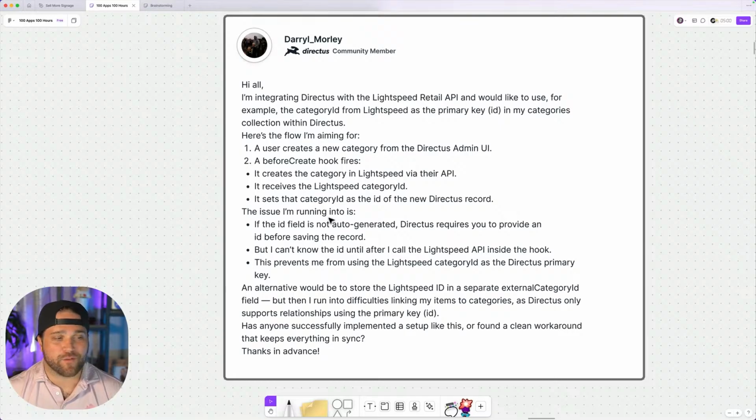One, the first step, a user creates a new category from the Directus admin UI. A before create hook fires. That's not actually what it's called in Directus, but I got you. It creates a category inside Lightspeed via their API. We receive the category ID back from Lightspeed, and it sets that ID as the primary key of the new Directus record. The issue I'm running into is if the ID field is not auto-generated, Directus requires you to provide